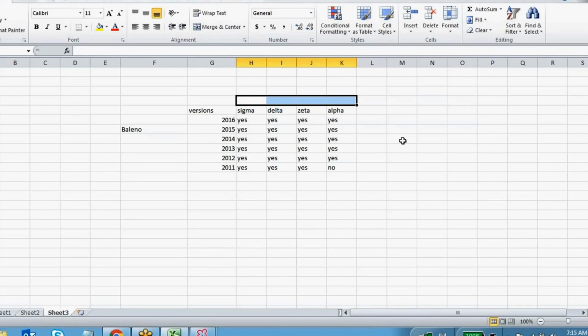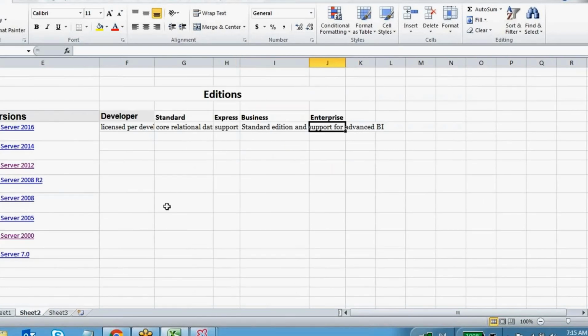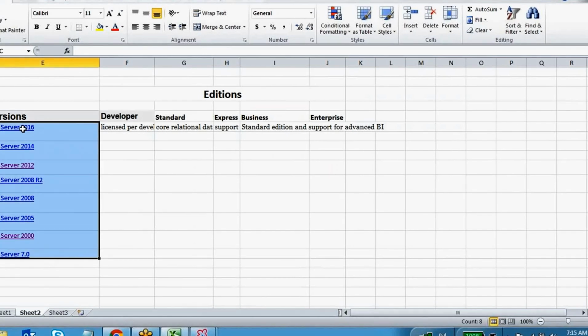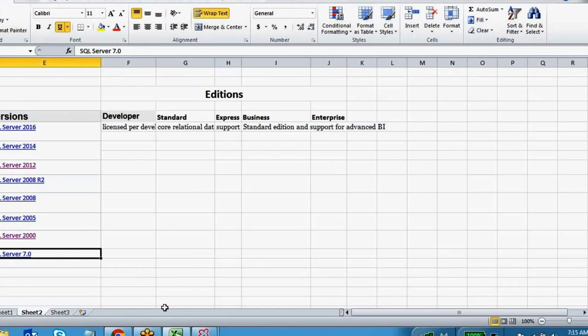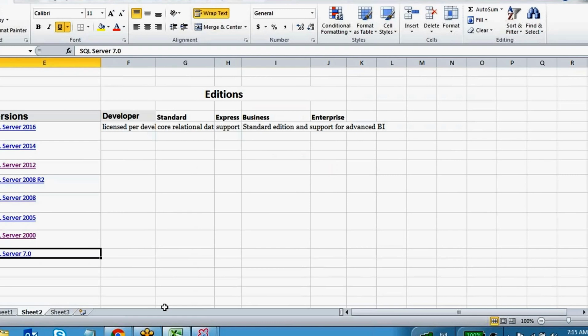In the same way, SQL Server also has different versions and different editions, and each edition is missing some options. So what versions and editions do we have in SQL Server? In total we have these many versions. The first version released was SQL Server 7.0, in the 1990s.